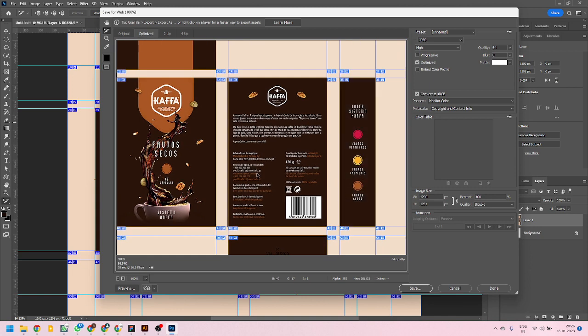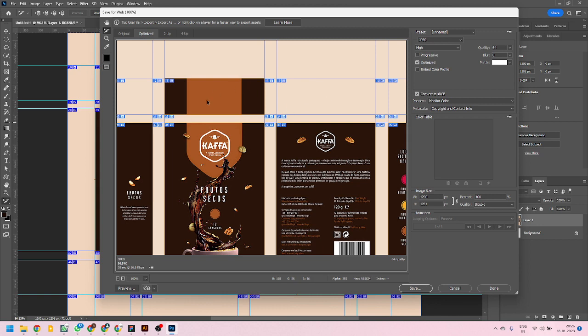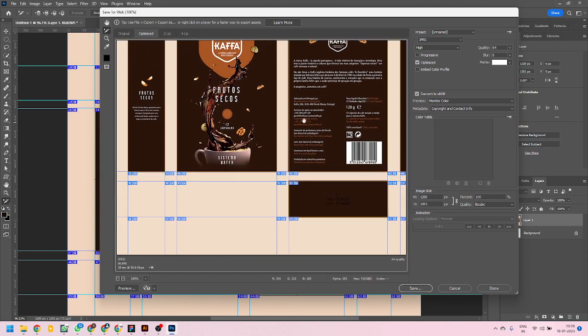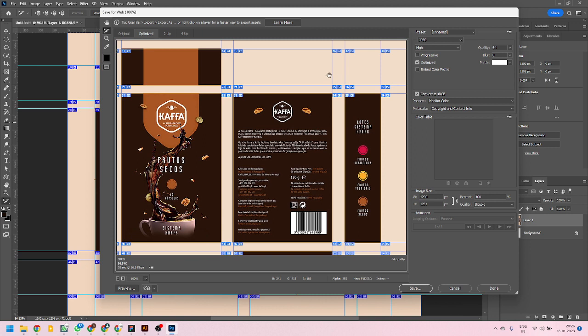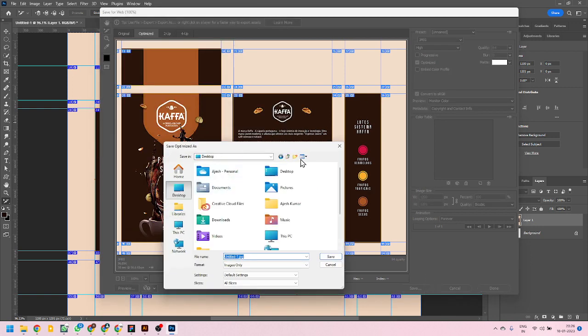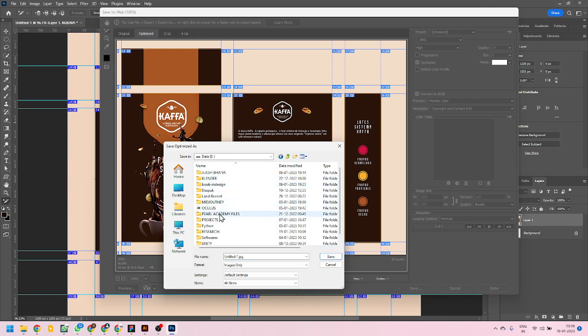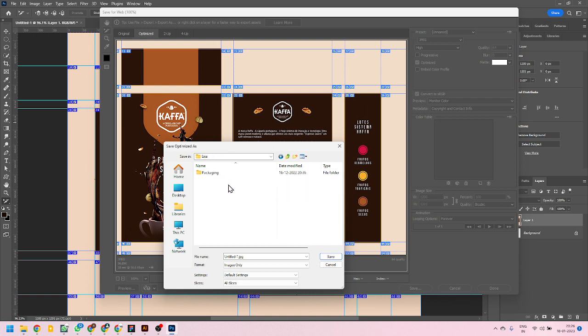slices I want. When all of it is highlighted, I don't want these chunks, because if I export, all these tiny chunks will also go along, the flat color, the beige color. So I highlighted the pieces I wanted, and I'm gonna save this. Click on save. I'm gonna save it on the desktop, make a folder. Oh, you already have a folder in my computer. So I'm gonna save it inside your folder in the packaging, and yeah,